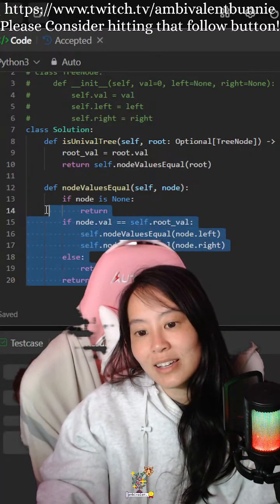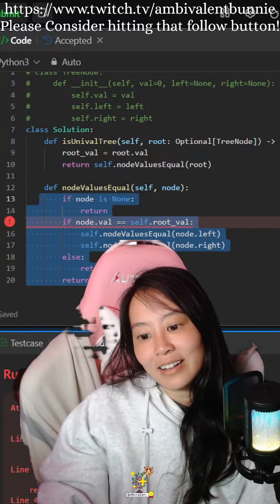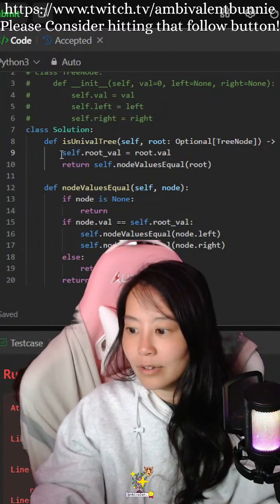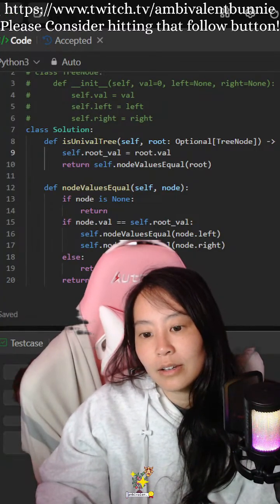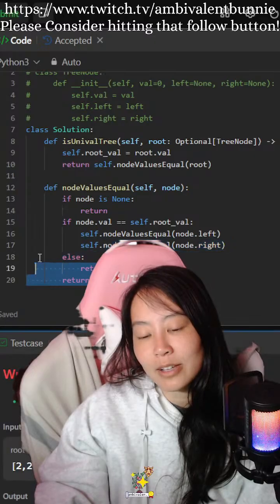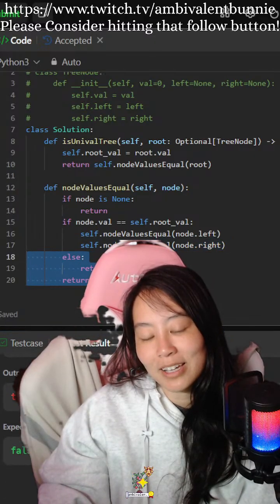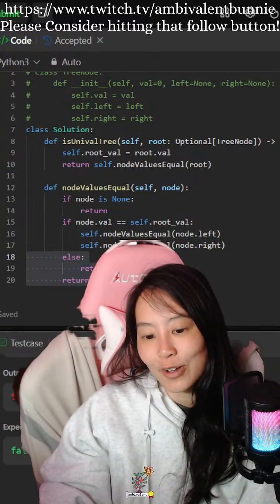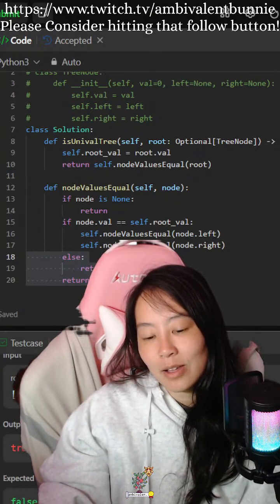So I know this part is wrong, right? Because I can get all the true cases, but I can't get the false.